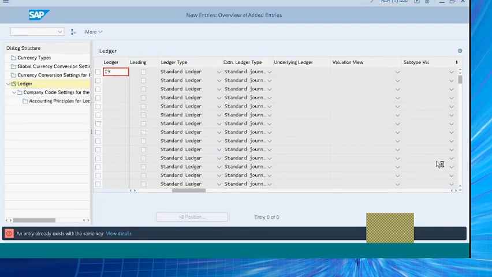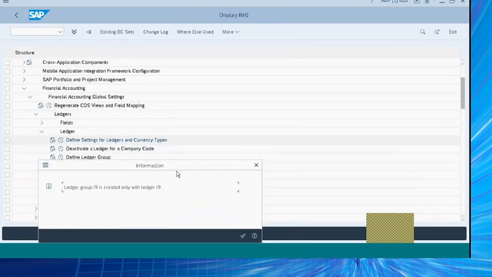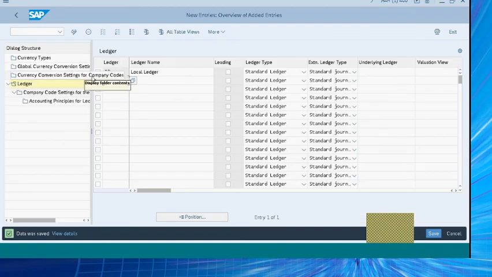Let's say I9. So the ledger type, now here there are two ledger types. One is the standard ledger, that is what we are creating, and one is an extension ledger. So extension ledger sits on top of a standard ledger, and it inherits everything from the standard ledger, plus you can post something in the extension ledger. So extension ledger is used for some specific purposes, like commitments, for example, or for predictive accounting. So we will not use the extension ledger right now. We'll use the standard ledger.